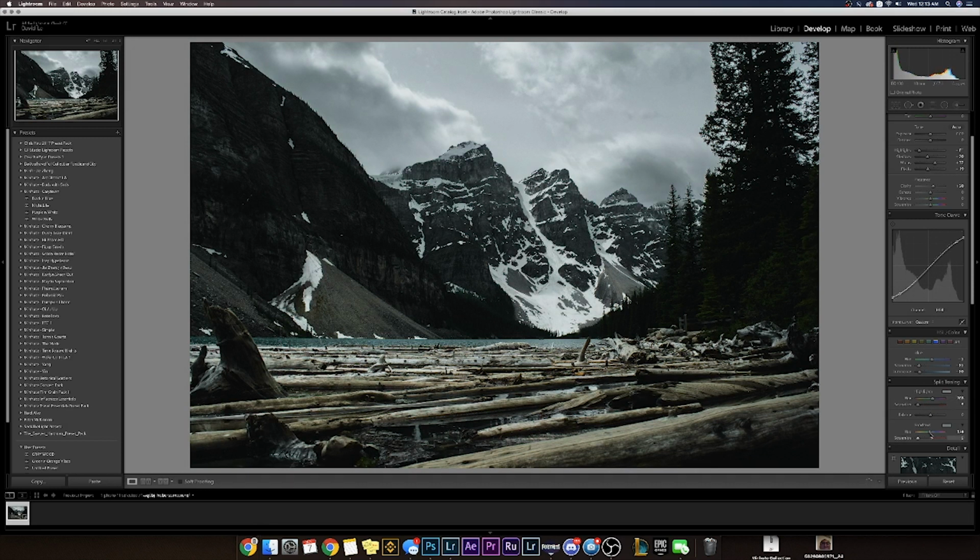But we're gonna go in, we're gonna gray out the sky a little bit, we're gonna tone down those highlights so you can see more of the clouds and you can see how moody it is. Now, Alan's photos, a lot of the time you can see how moody it is, or you just don't see any clouds at all because it is completely overcast and you can't really make out the difference.